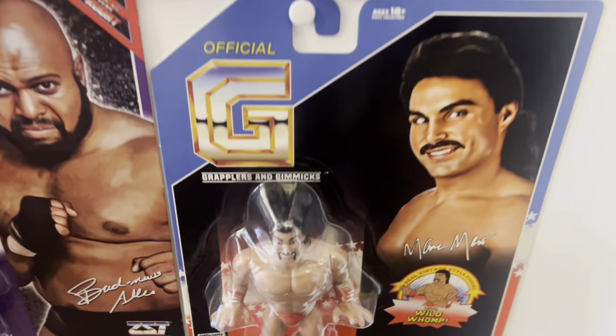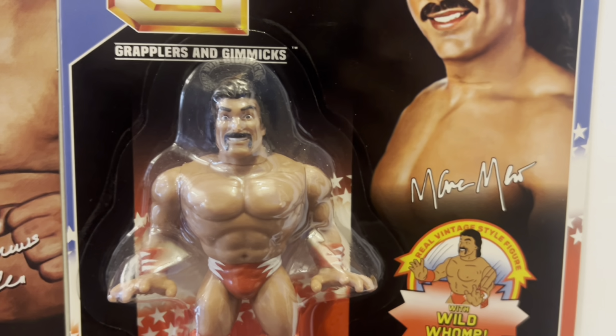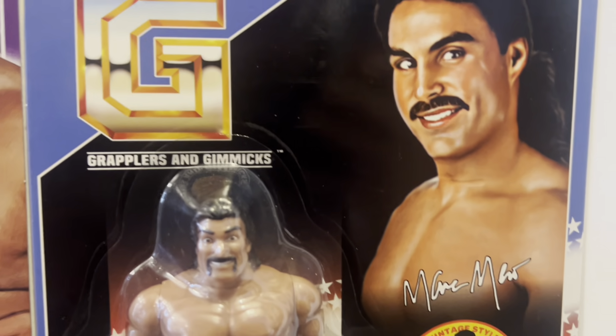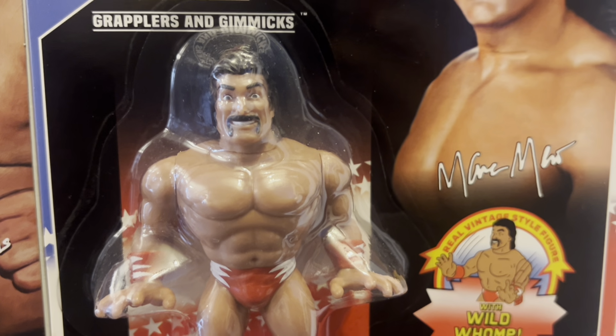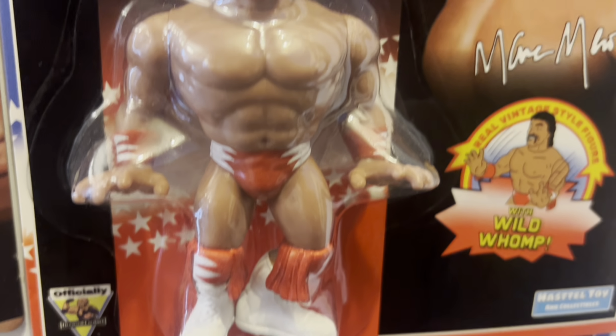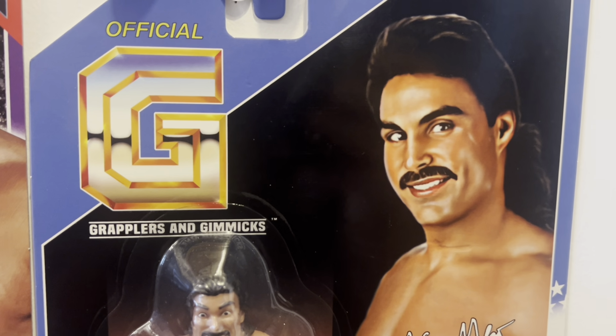They've got the Wild Man Mark Merrow with the Wild Stomp. This was just a case of, let's just get one extra one. What one are we going for? Let's get this. Yeah, pretty good likeness there. It's pretty cool. Wild Man Mark Merrill,